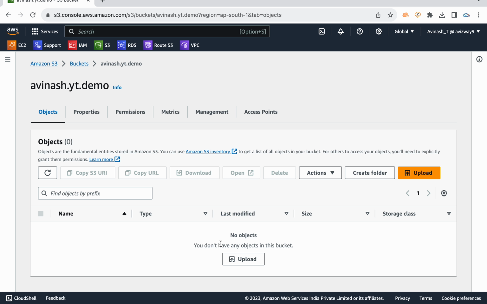Another question: what storage class are you using in your current project? If you get this question, most of the time we use S3 Standard as the storage class. But along with S3 Standard, we have different storage classes like Infrequent Access, One Zone Infrequent Access, Glacier, and within Glacier, Glacier Deep Archive and Glacier Instant Retrieval, and we have Intelligent-Tiering storage configuration. Where can we find all that? Whenever you upload any object, if you go to the properties of that object, you can go through all the storage classes. Which storage class you are using and why is one question you can expect.